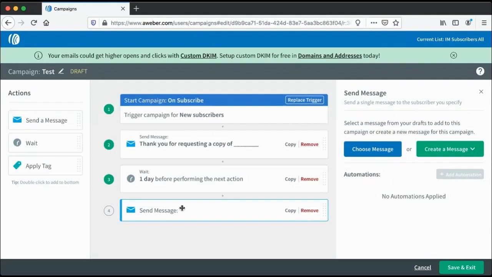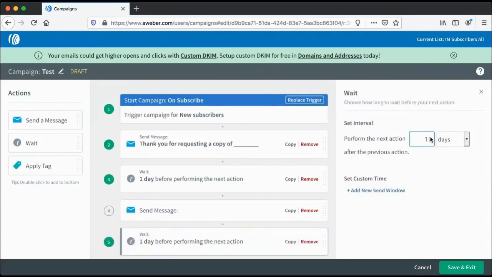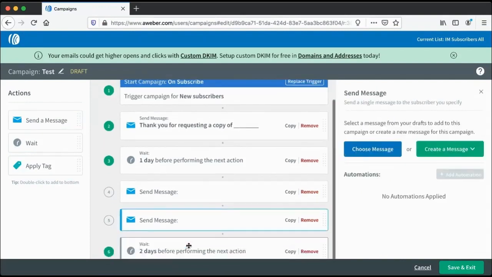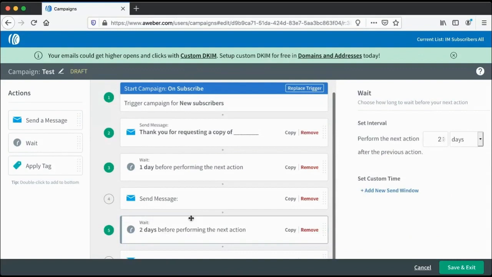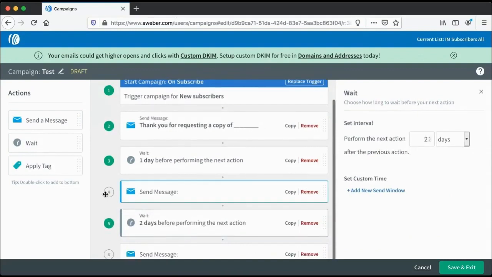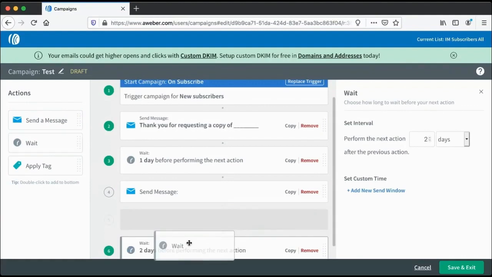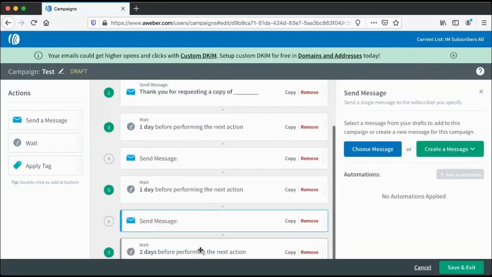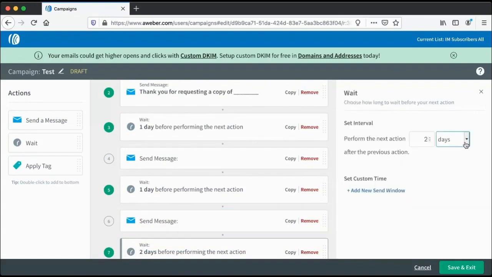Okay. Then you could have another one. Let's say, I'm just making this up, you want one 2 days later. Okay, fine. And then maybe you have another email. And then maybe you want another set of emails to go out after that. Let me just move this here. And maybe in 12 hours you want an email to go out to them, you can. It's up to you how you want to play with it, right?